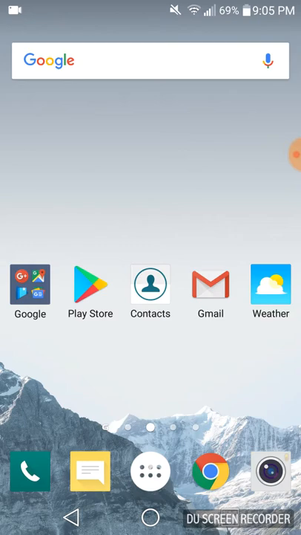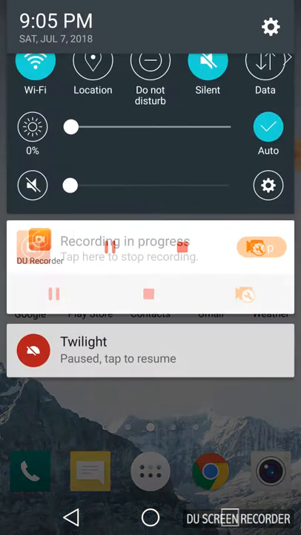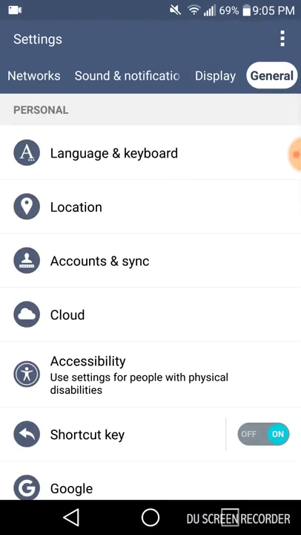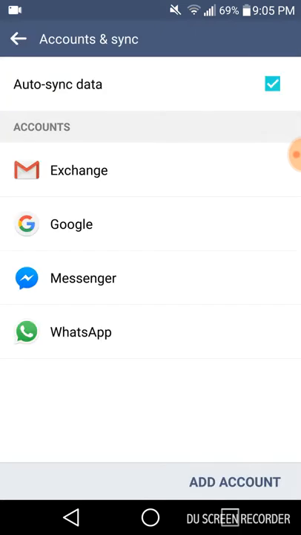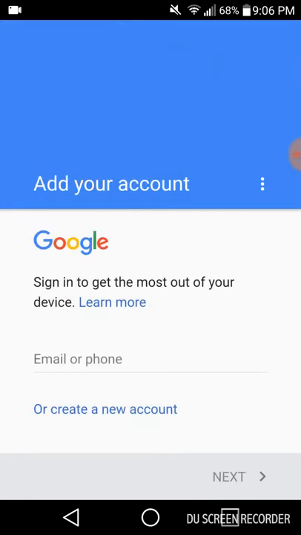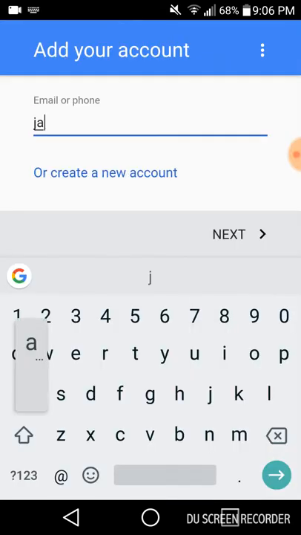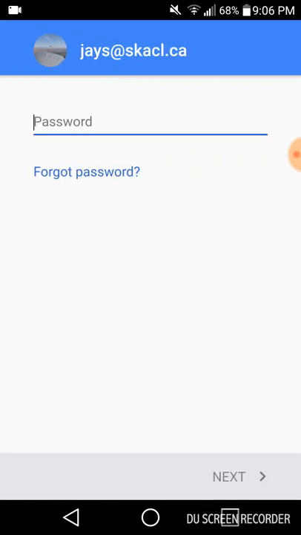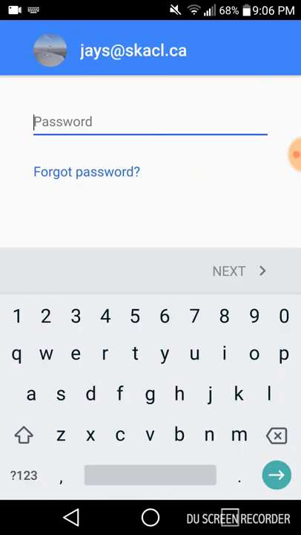The easiest way to do it on both phones, so iPhone or Android phone, is to go to your settings, go to General or something similar to General, it'll depend on your phone, go to Accounts and Sync, and add an account in the bottom right corner. Then I'll scroll down to where it says Google, click on that. It'll take a few seconds to check my phone information, and then I can enter my email address, which is right there, and then my password,